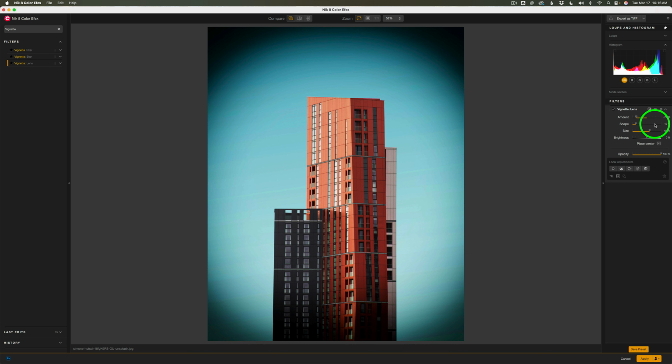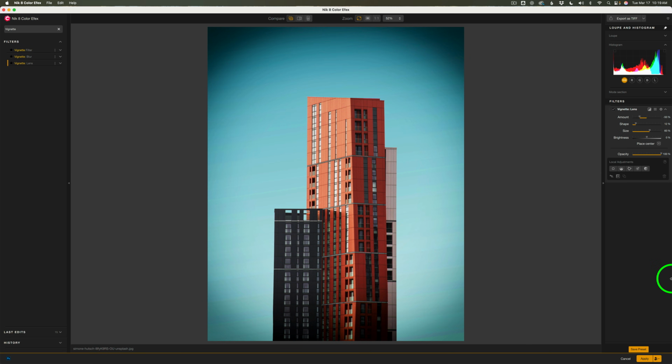If you ever need to reset the filter, you could click the hamburger menu right here, and you have 2 choices: reset filter, keep local adjustments; reset filter, delete local adjustments. I don't have any local adjustments yet, so I'll just click right here and reset it. Now, why I say this is a good starting point, it's a rather strong vignette, but if we come here